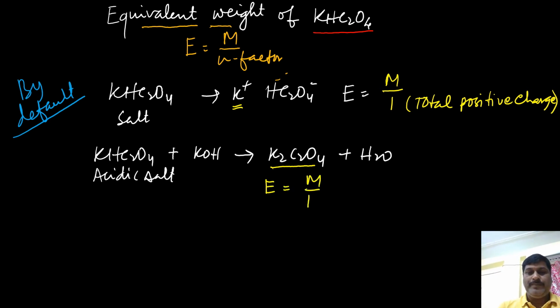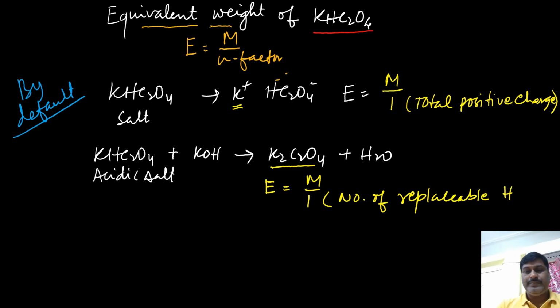What is this one this time? This time this one is again the number of replaceable hydrogens, and that is 1 because here it is 1, right? So although coincidentally we are getting 1, the approach is different, and certainly we must be careful for this one, right? So now let us move to the third condition, when KHC2O4 is acting, very interestingly, as a reducing